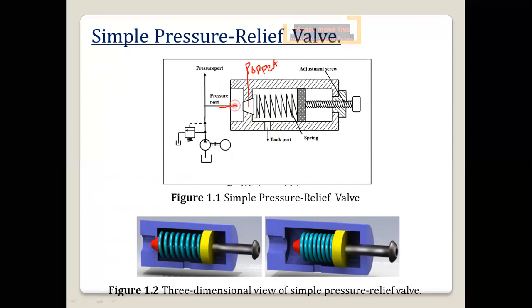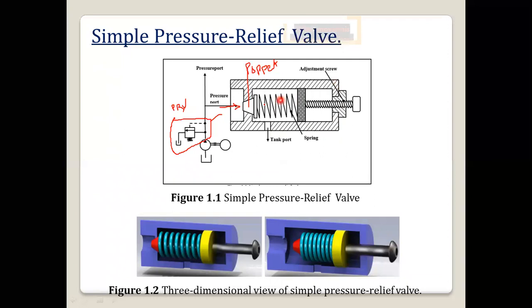And here is the pressure port, and we know that the oil will be coming from the tank. So this is the tank, then the pump, then the electric motor. This is the prime mover, and this is the pressure relief valve. We call it the PRV. This is the ISO symbol for the pressure relief valve. Here we are only showing the construction diagram.